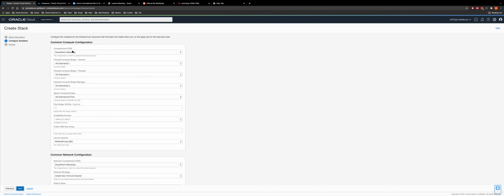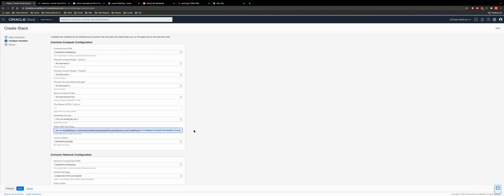Then you will see there's a compartment also. These compartments are nothing but there are two kinds of resources. One is the compute resources, which is like instances and all. Another one is the network resources like subnet, routing, VCNs and all. So behind the scene, what I'm doing is 2.1, 2.2 spoke VM, and select the availability domain, enter